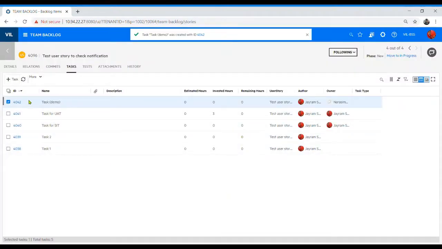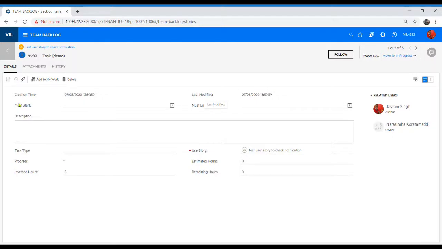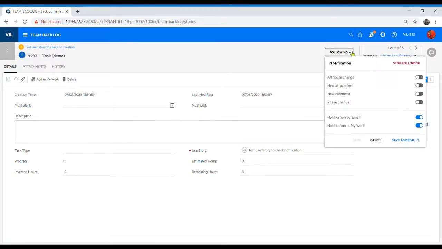Now if you click this task, we wanted to set a follow. So click this task and then you can add it on my area. This task has been added on my area. Also you can follow that. So the moment you click on follow, this icon will change and it will show you following, which means you are following right now.